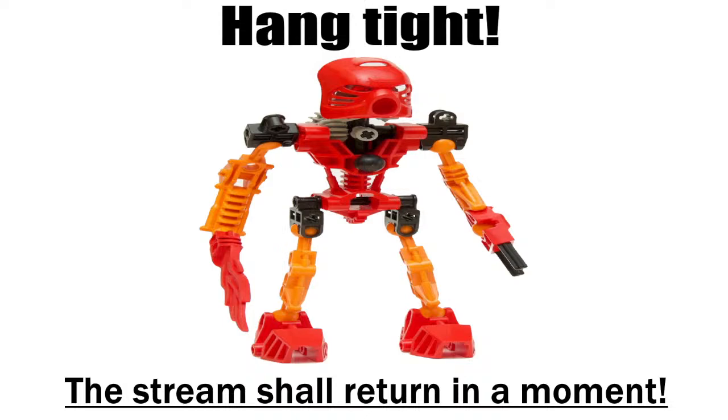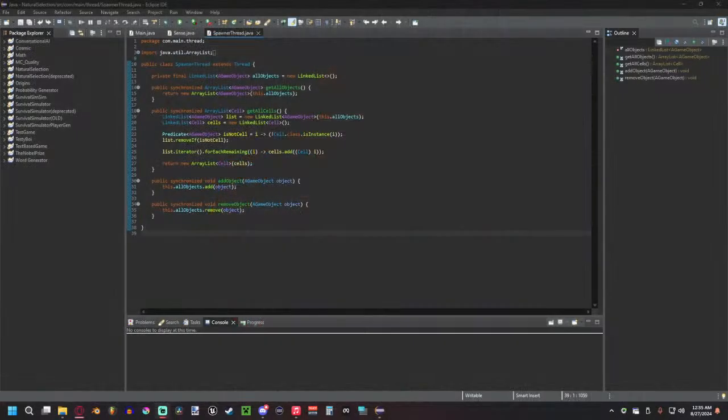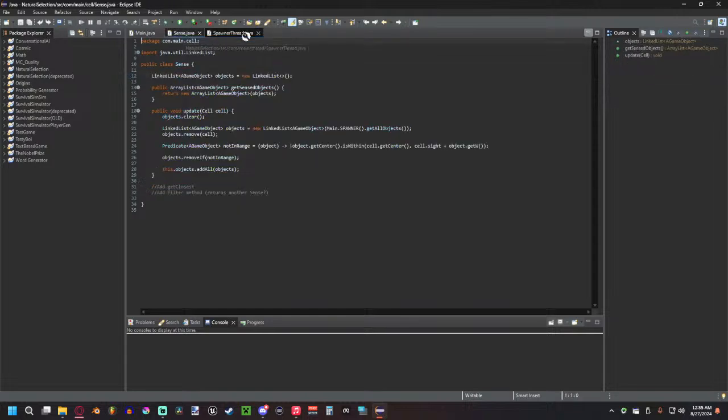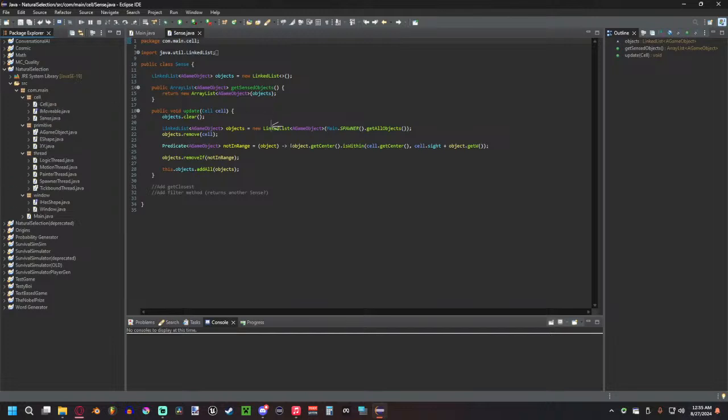Alright. So, we return back where we left off earlier today. We were in the sense class. We created the sense class so that cells could actually sense other objects around them. And we wanted to add a get closest and a filter method. But before I did